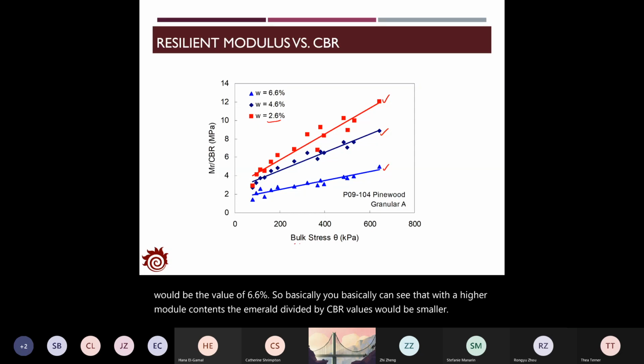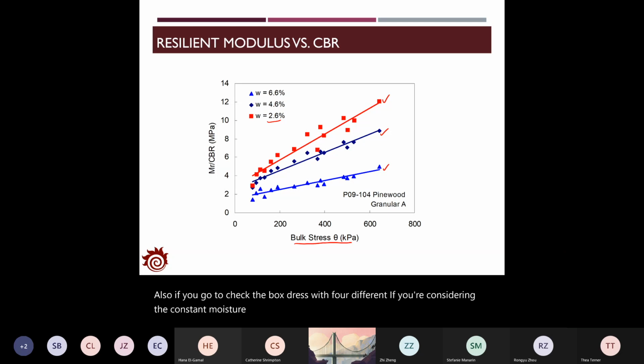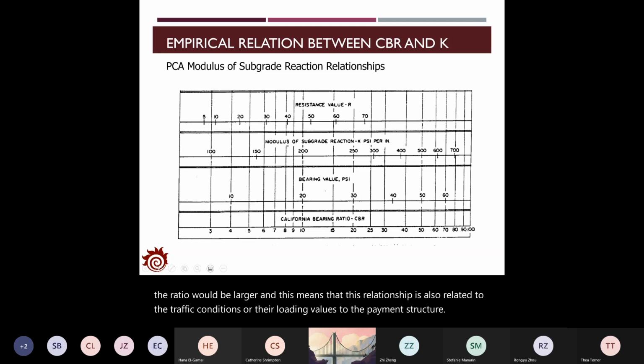Also, if you check the bulk stress, considering a constant moisture content, by increasing the bulk stress, which means that you apply a higher load to the sample or to the pavement structure, the ratio of MR to CBR would be larger. And this means that this relationship is also related to the traffic conditions or the loading values on the pavement structure. And here we also have some empirical